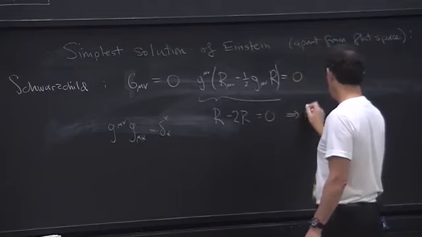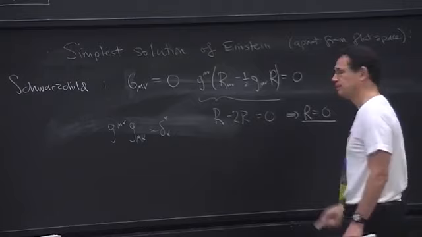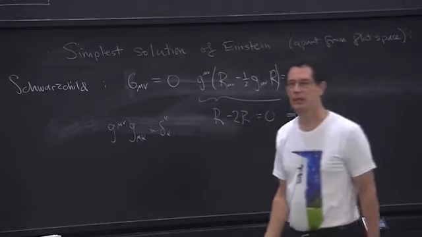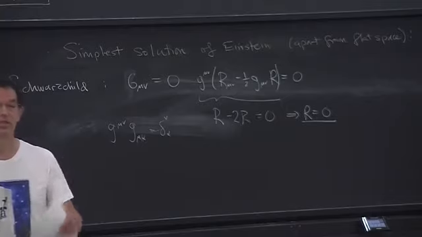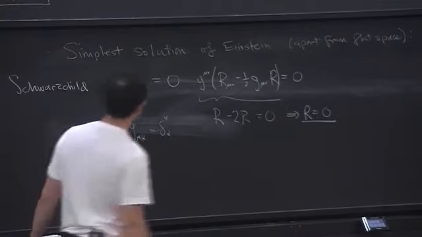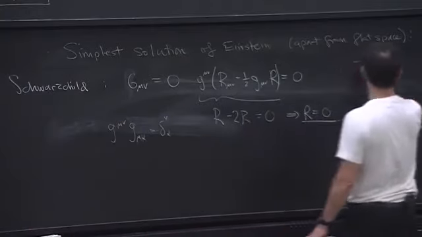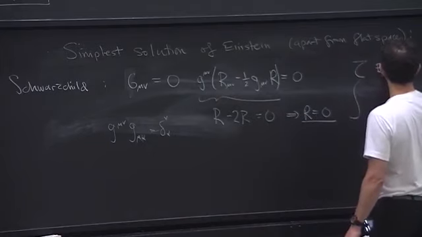And so I conclude that R equals 0. So in the absence of matter, stress energy, the Ricci scalar is 0. So that simplifies everything, because then the Einstein equations,